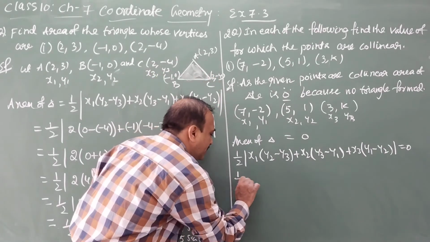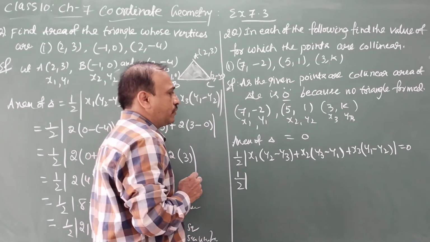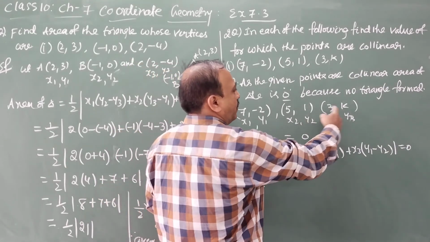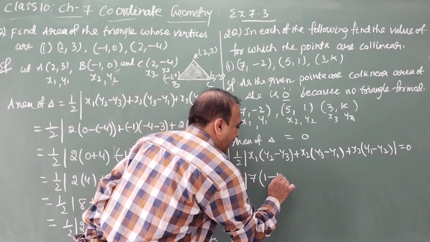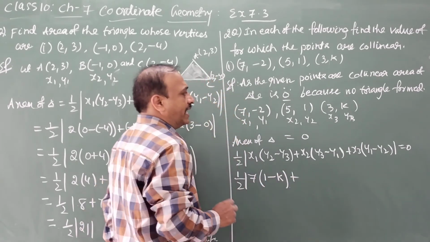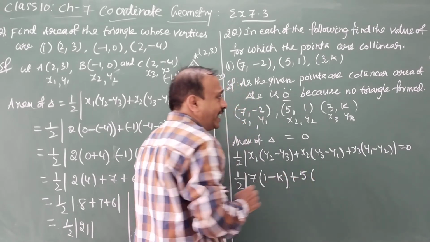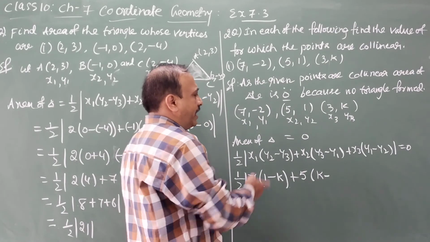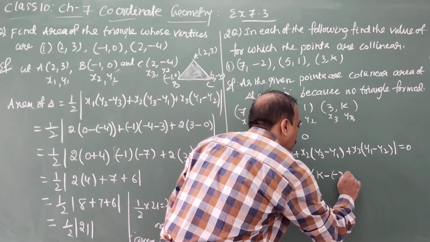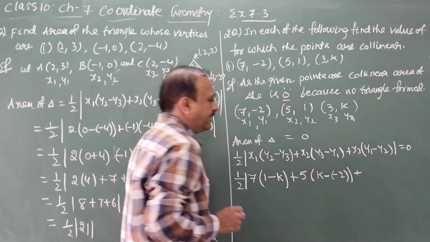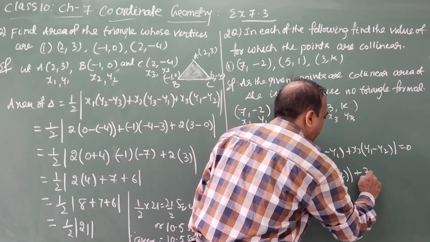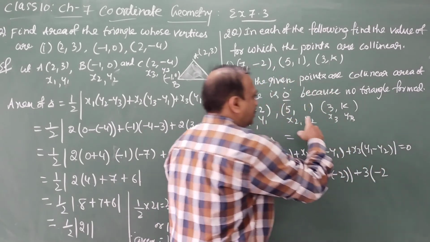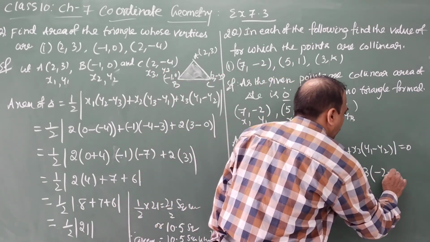So half modulus: what is x1? 7 into (y2 minus y3), where y2 is 1 and y3 is k, so (1 minus k), plus x2 whose value is 5 into (y3 minus y1): y3 is k minus y1 which is -2, so (k plus 2), plus x3 whose value is 3 into (y1 minus y2): y1 is -2 and y2 is 1